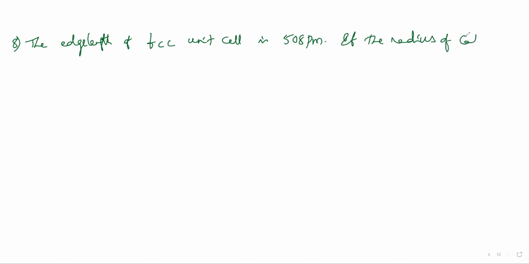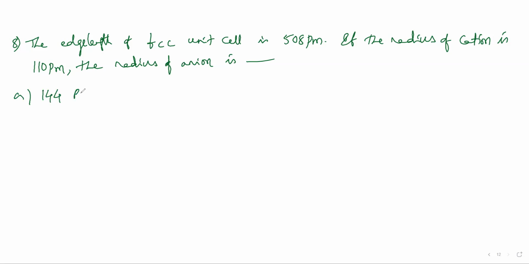Question number 8. The edge length of an FCC unit cell is 508 picometers. If the radius of the cation is 110 picometers, then the radius of the anion is: options 144 picometers, 398,